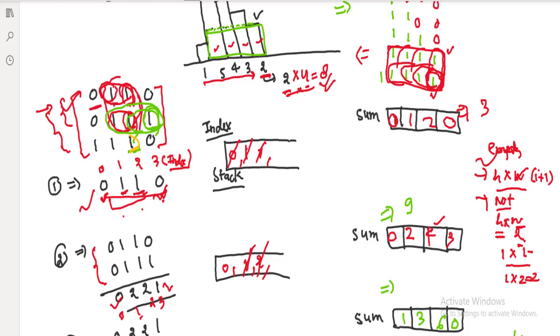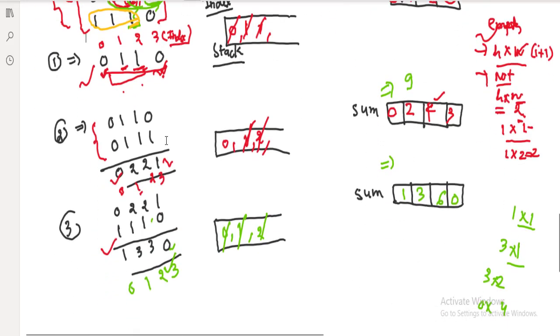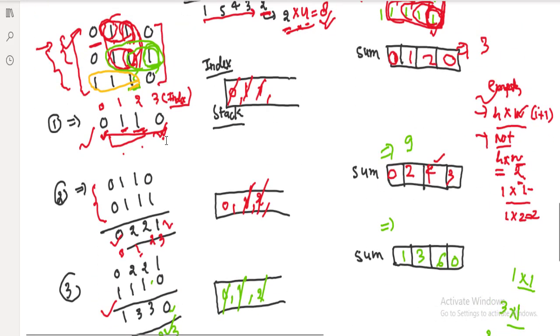Okay, we have not used this particular element. This is also a submatrix which contains all 1s, but we have not computed it using this stack method. So how can we handle that particular situation? We can handle that here also. For this element also, while computing, we got the answer as 3: this is 1, this is 2, and this is 3. But we have not used this particular matrix. There are also some matrices which contain 1.